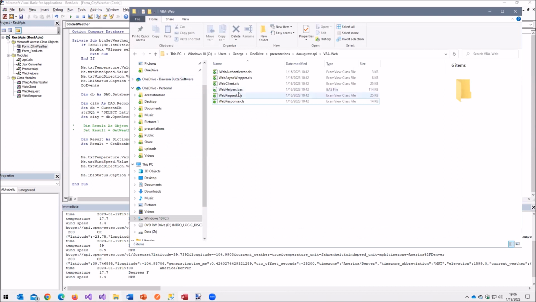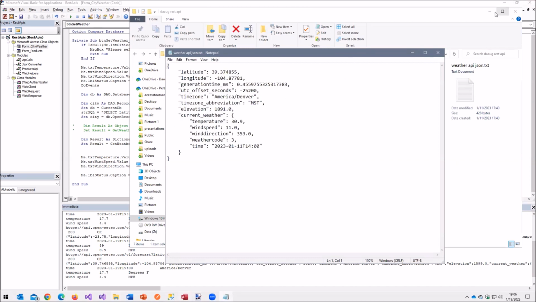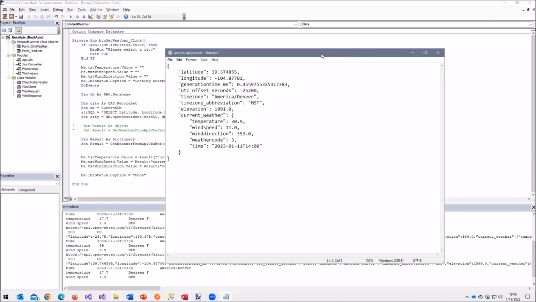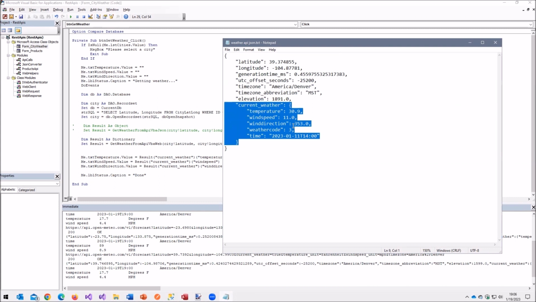I'm going to quickly show what that looks like in text. So you can see what comes back as latitude, longitude, a bunch of other stuff, and then there's just the current weather node. Because this has a set of nested brackets in it, it's almost like a child table, if you will.